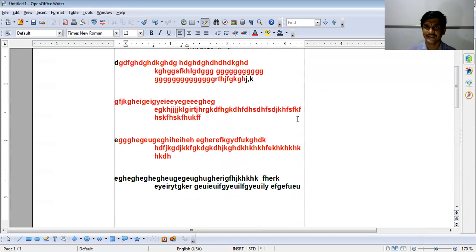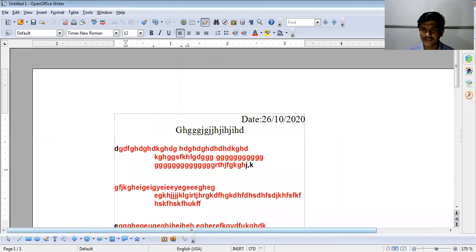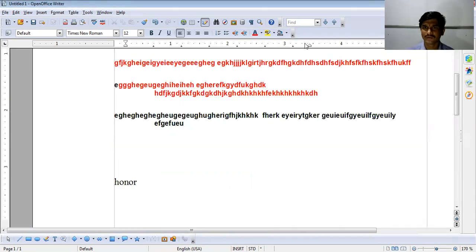See, this is the indentation. Got this? Like this, you can decrease the indentation. Now increase. If you want to increase the margin size of your page, you can use the same option toward the right side. See here. Got this?